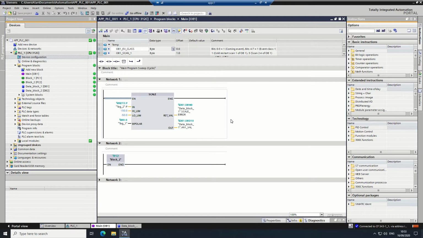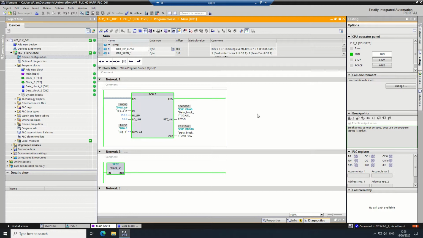And I won't go into the whole concept of scaling analog input values right now because it'll go outside the scope of the video. Mainly, I'm focused on the app S7 driver for right now. But what you'll see is the scaling block here, and there's a value coming out, db1.dbd10, and you can see that the value is basically going up and down at the moment from the temperature